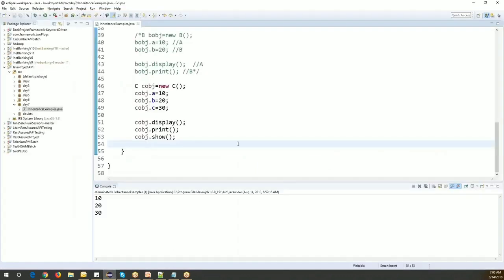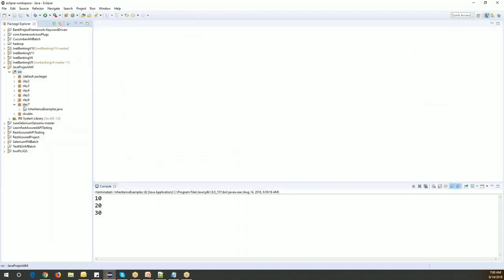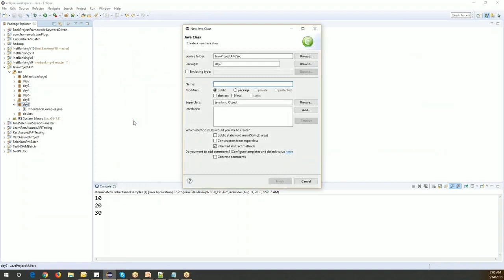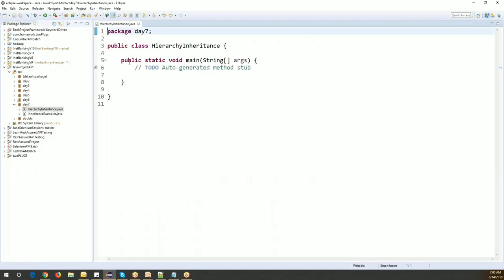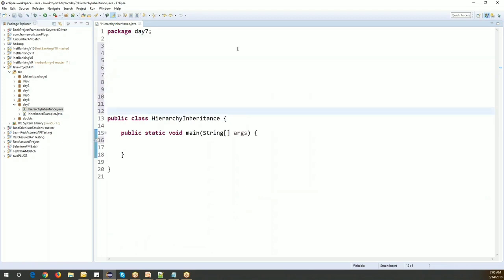To demonstrate this, I'll create one more class under day 7, a new class. I will name it hierarchy inheritance. Right, so now keep this one side. Now I will create different classes. Let's create one class, and I'll name it directly as parent,